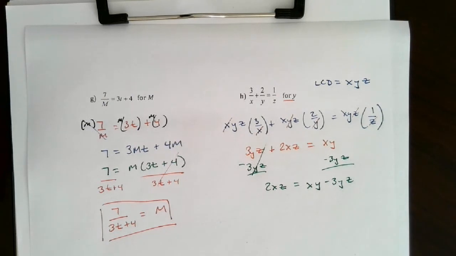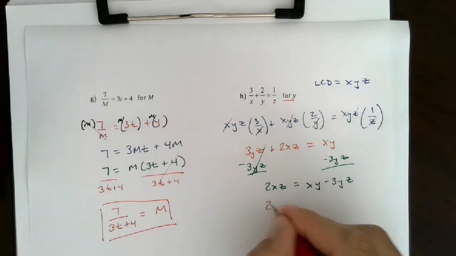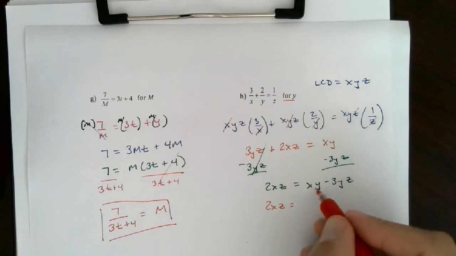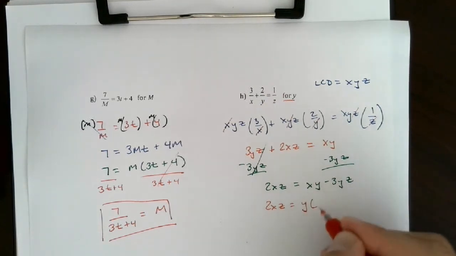And then to solve this, remember, we want to solve for y, so we want a single y in the problem. So now that all the y's are on the same side, now I'm able to factor y out. So I have 2xz equals, now we can factor y from here. We factor y out, xy, factoring out the y is just x, minus 3yz, factoring out the y is just minus